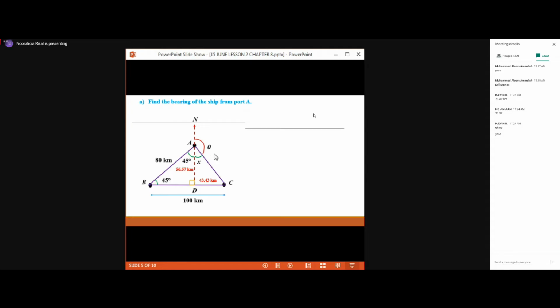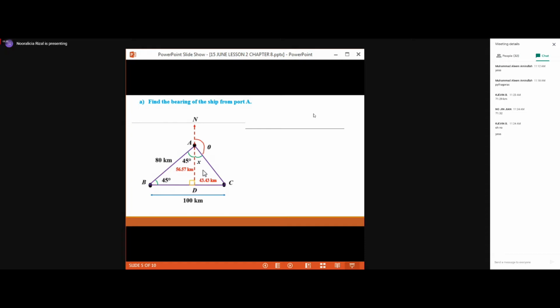Okay, so now you have to think a little bit. All right, so we have 45 here, we have 45. We got the 2 distance, AD and DC. Hey, we can find the value or the angle of X. All right, again, this is a right angle triangle, because if this is a right angle triangle, here should be also 90. So this is a right angle triangle. All right, so therefore,